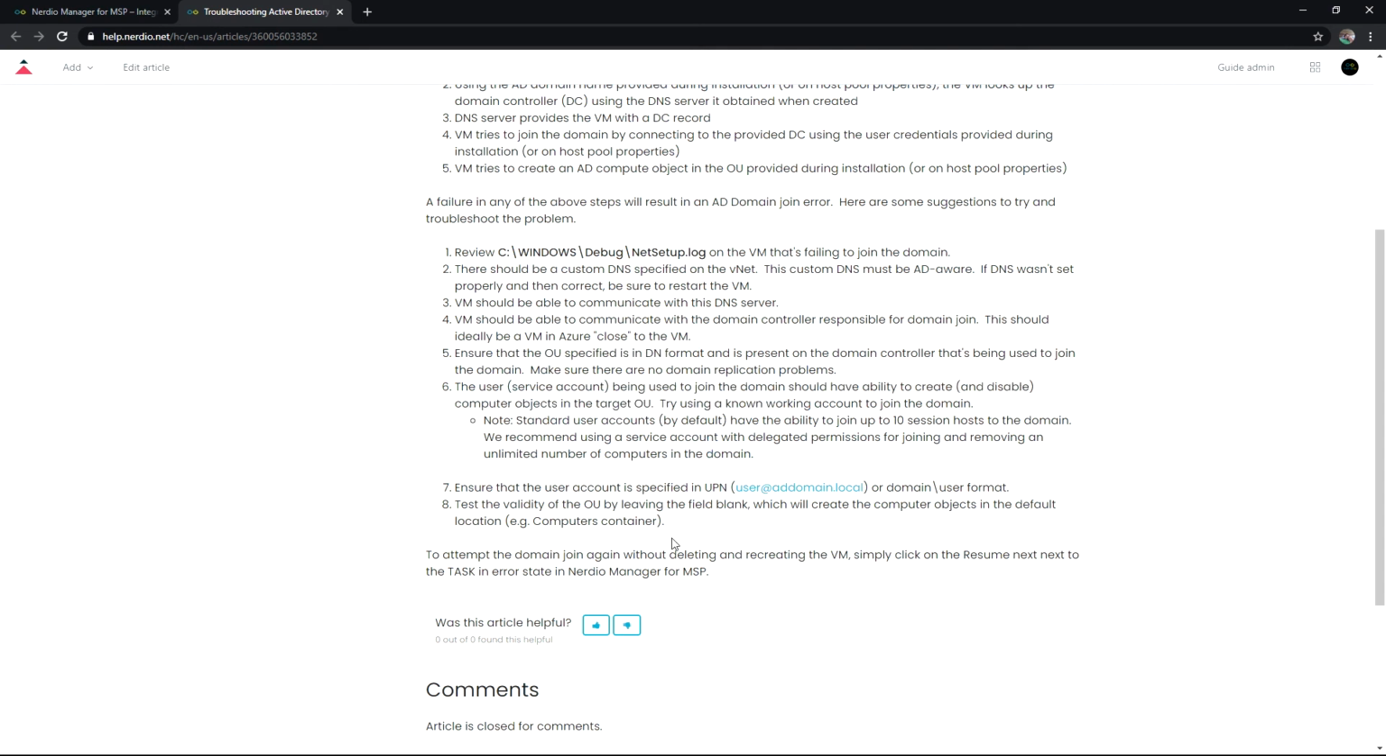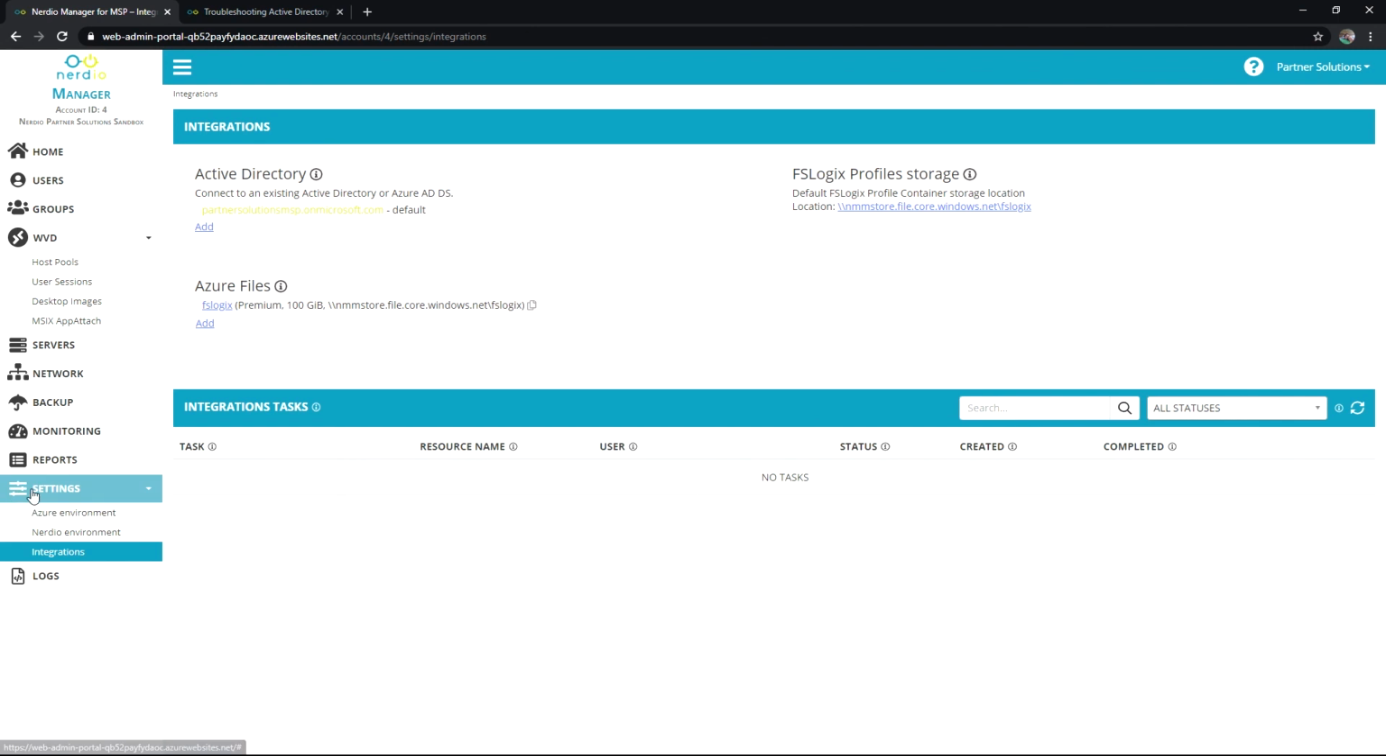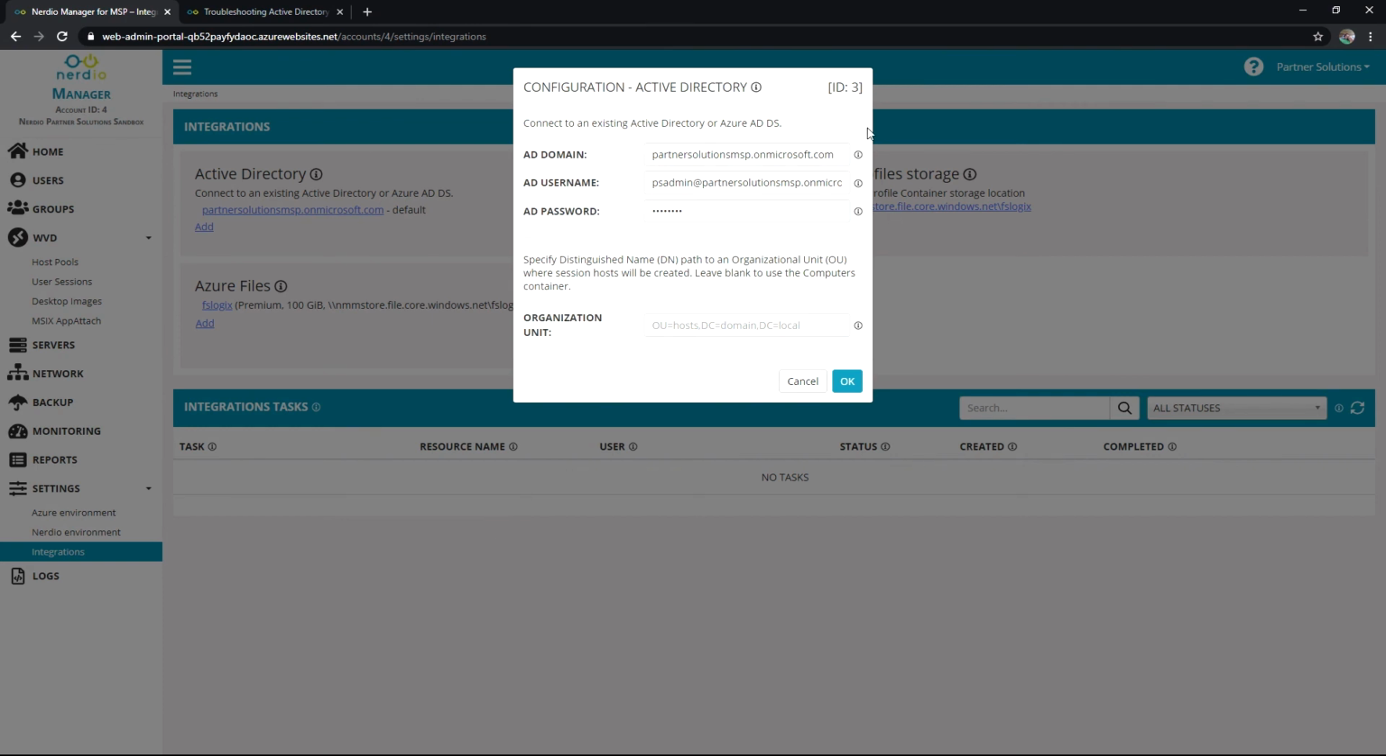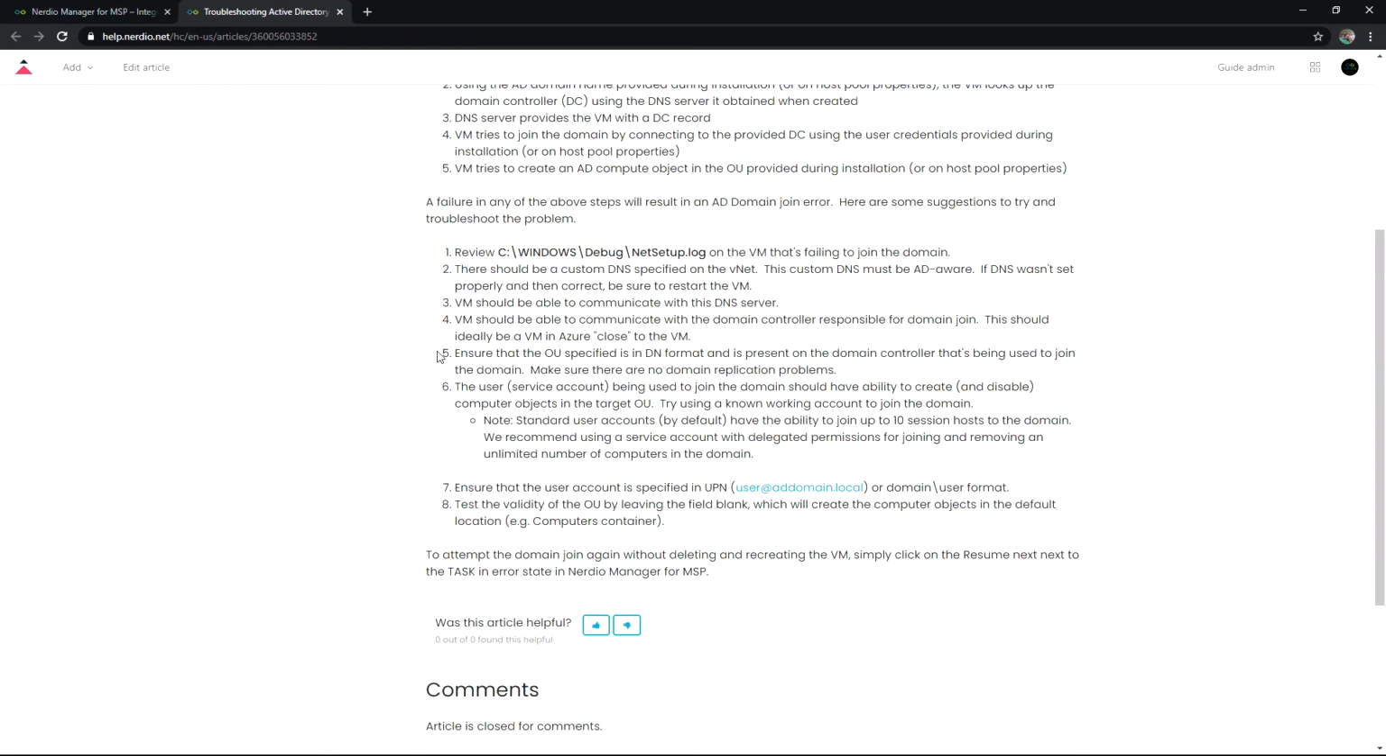So all of this is to say, definitely use this article as a guide for further troubleshooting, but keep in mind, specifically settings, integrations, Active Directory, making sure that this does align with what the machine is expecting to leverage to be able to join that domain. And so again, article, settings,